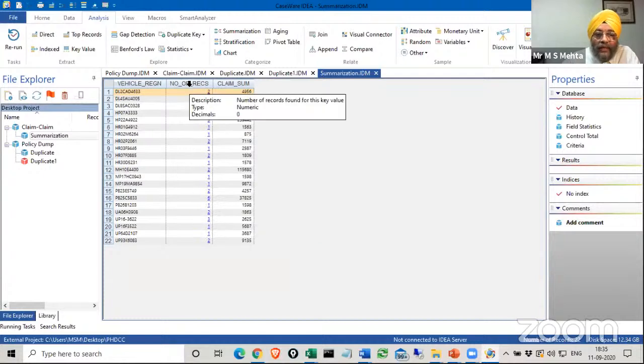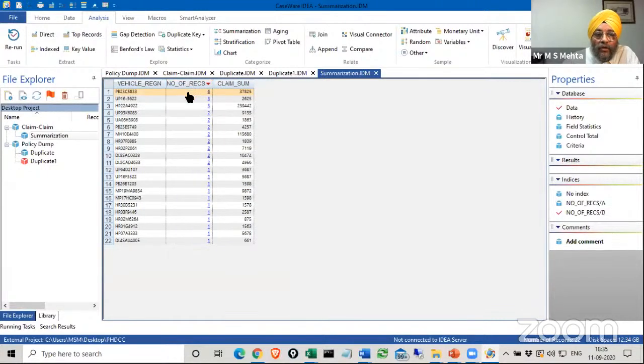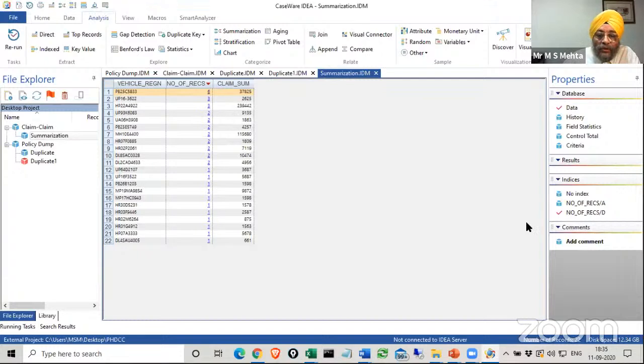And in one click I can just go for descending order or ascending order. Now for the same vehicle there are 6 claims for the same vehicle, which is not good, could be fraudulent. Okay, three claims, and again HP22 for which the claim was made on a Sunday, again there are 3 claims. Now my question to you is,